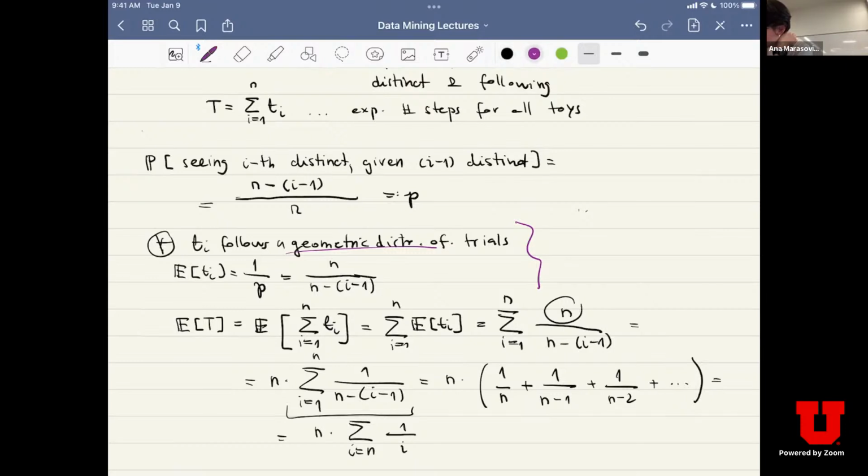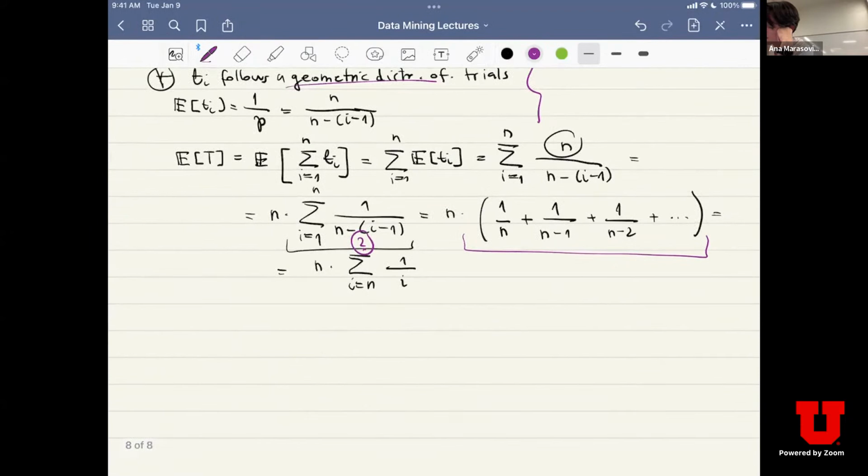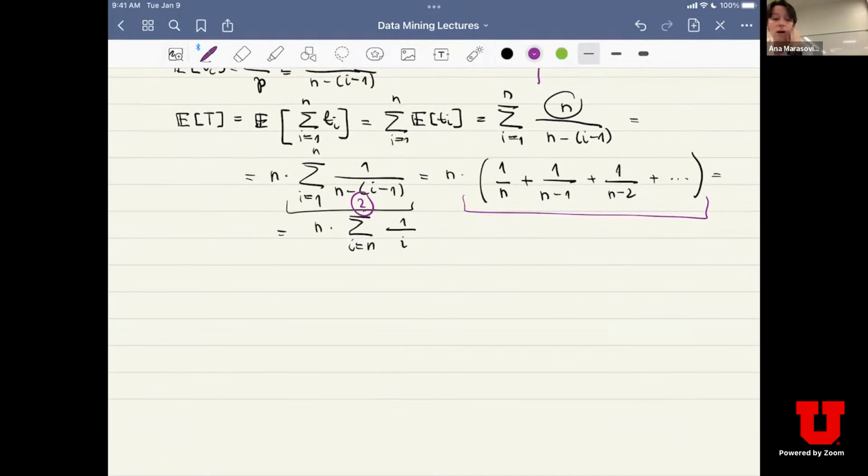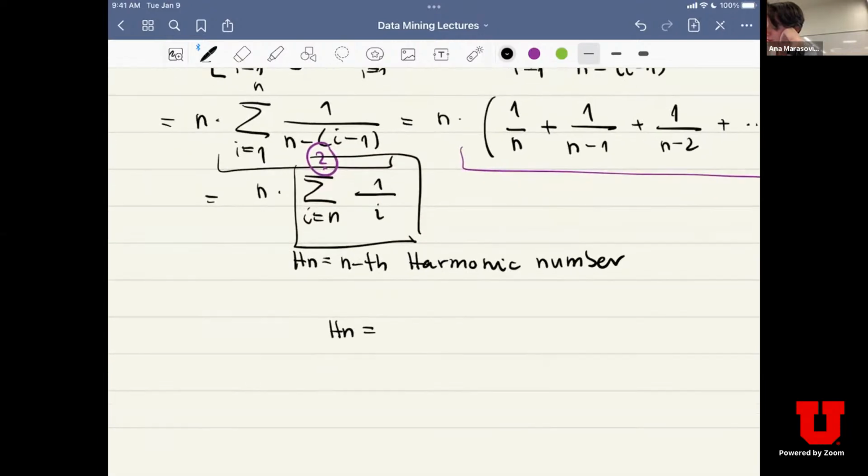Okay, I forgot what is here. Let's ignore that for now, but basically you can rewrite this thing here as a summation of 1 over i, where i goes from a certain point to the end point, and apologies, I will figure out later what the exact points are. But this is then this number here. It's called the nth harmonic number. And the harmonic number doesn't have a closed form, but we'll call it Hn, and it has an approximation,